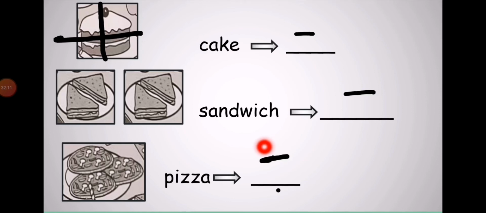For cake, sandwich, and pizza, you will write fractions, write the total number down as a denominator, and what each one will get, you will write up. Please divide this pizza into 4 equal parts, each pizza. Draw in your rough notebook and find out how many pieces, how many slices each will get. This sandwich is already divided into 2 equal parts. There are 2 sandwiches. So how much will each get? You write your answer as a fraction.